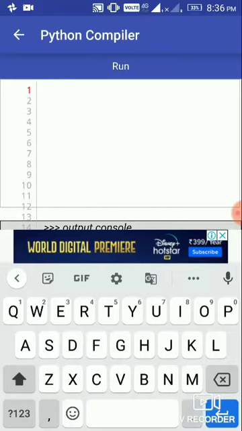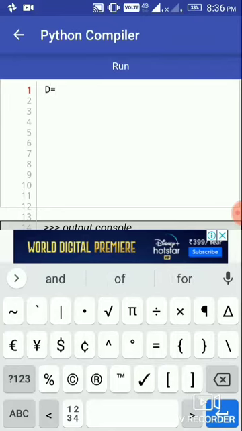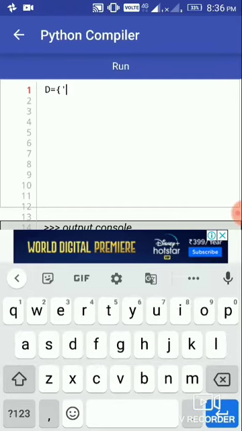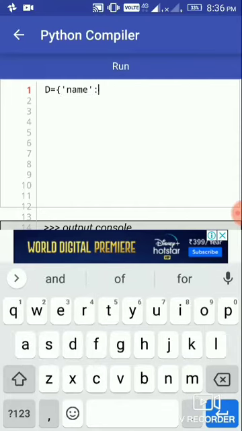First I define a dictionary D equal to curly braces and the key-value pairs. The first key is name, then a colon, and the value of name is Amar.